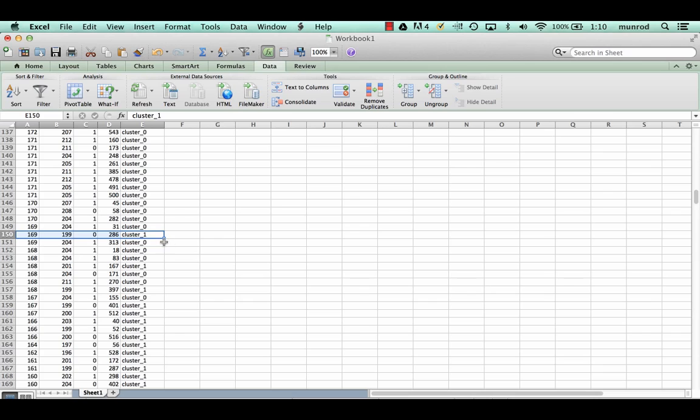And so, well, it is true indeed that 169 is closer for many of the data points. What brings us to cluster 1 is the fact that the cholesterol number is actually lower. And so I just want to point out that you can't just assume that one of the attributes is going to be able to all on its own identify the cluster. In fact, you'll often have to